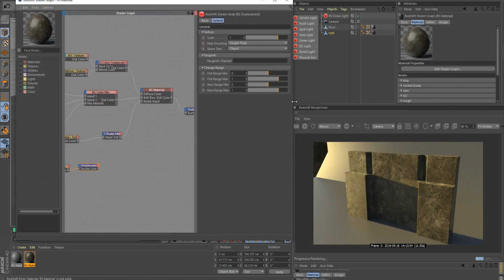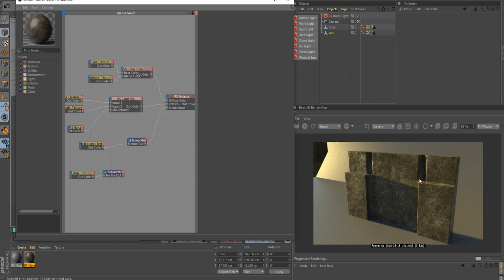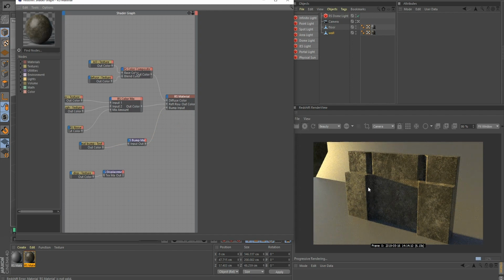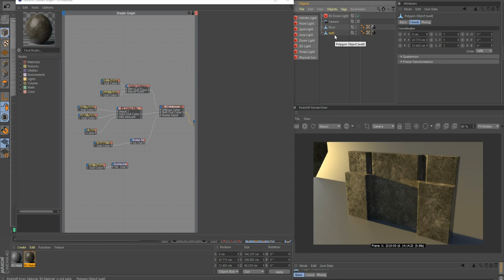and bring this back. So for the bump, maybe it's a little bit too much. Let's do 0.2. And as you can see, it was okay. Maybe let's do 0.3. Yeah, that's pretty good. And for displacement, just to prove that it works, what you have to do for displacement